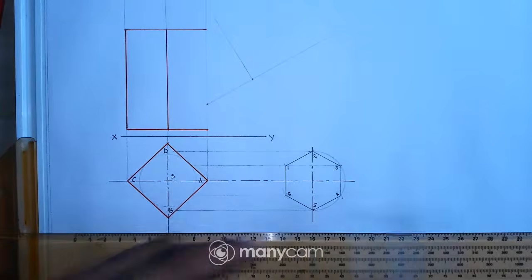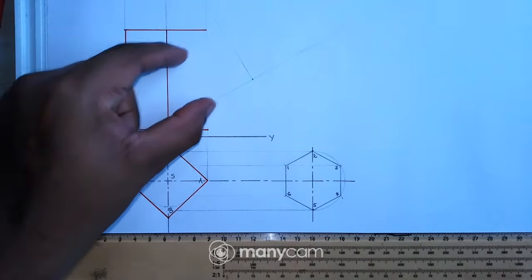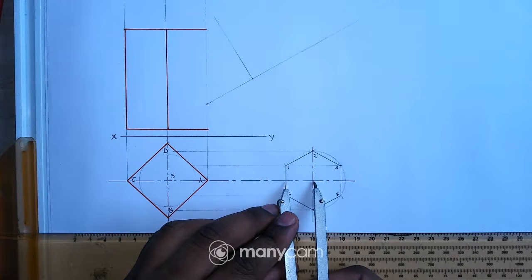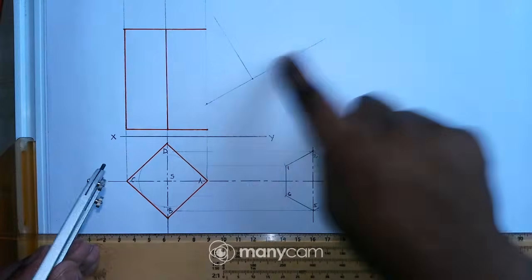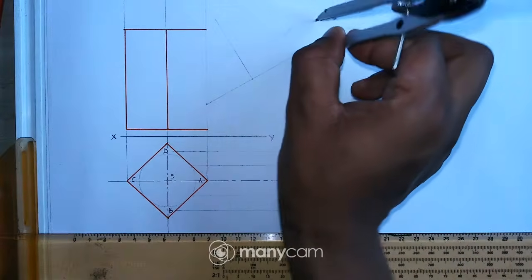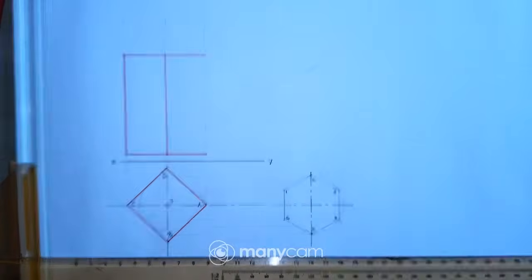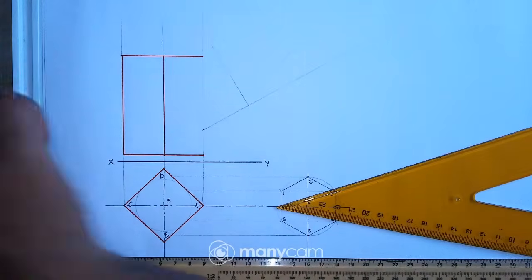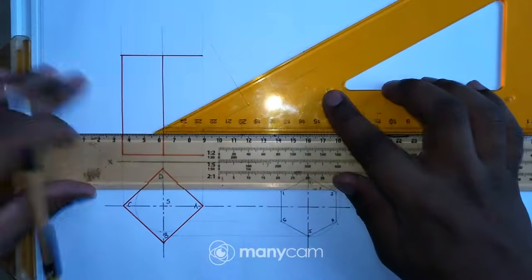I'm trying to draw an auxiliary view up there, right? So that I can just project the points down to this section. So I'll take this distance, right? And put my compass on this line anywhere around there. Then I'll just draw an arc like that, right? So this is the arc. Let me just move my drawing board a little bit down. Okay, so now I'll take my 30 by 60, draw a line there.